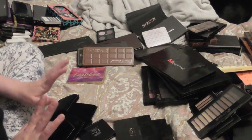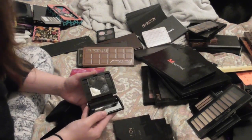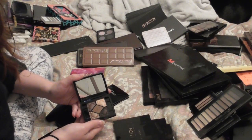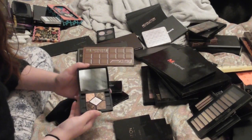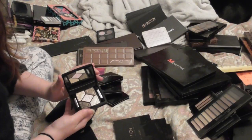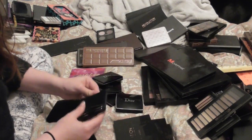Next up, I have my Dior palettes, which I'm not getting rid of any of these guys because I just adore them so much. We have Pied de Poulet, or Pied de Poule, I can't remember which is the right way to say that. We have Cure Canage, which is gorgeous, so gorgeous. We have Amber Nuit, which again, so gorgeous. This is Earth Reflection, which is the first one I ever purchased. I don't know if they make this one anymore because they've redone the line a lot since I started buying